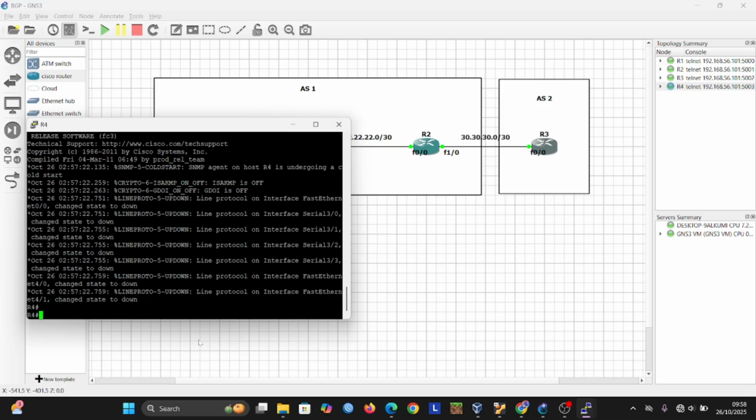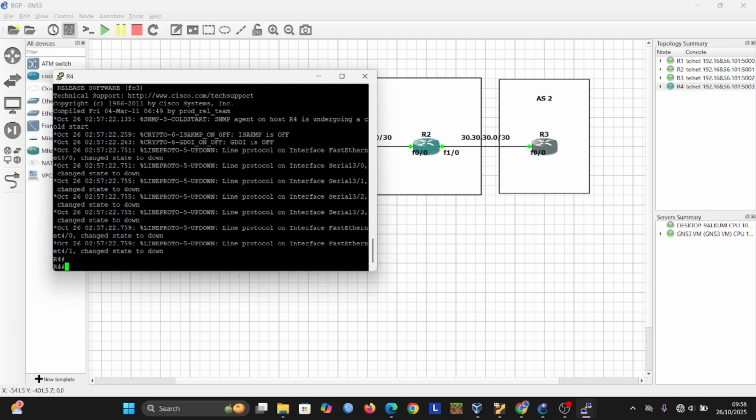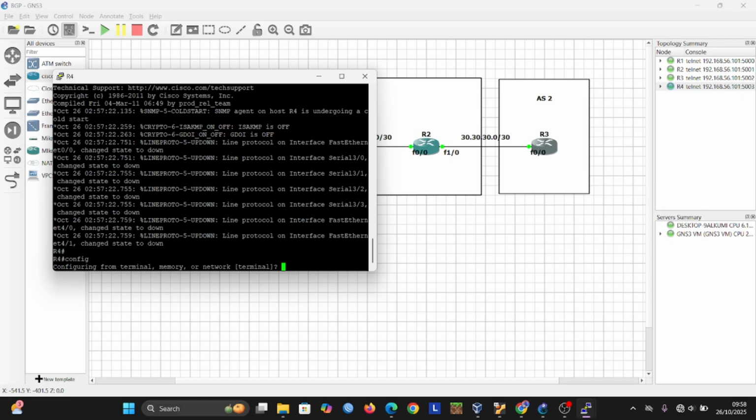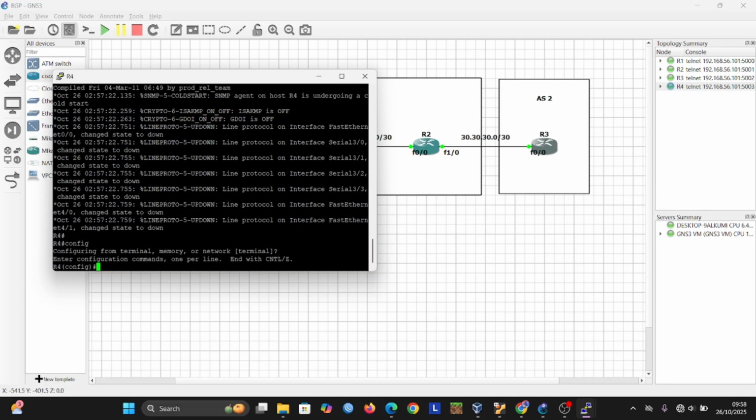We start the configuration. First we configure router 4. In Cisco, you must write config to open layer 3 configuration.